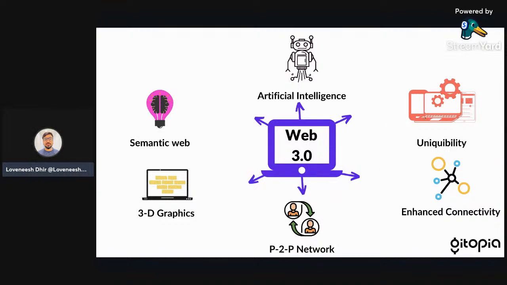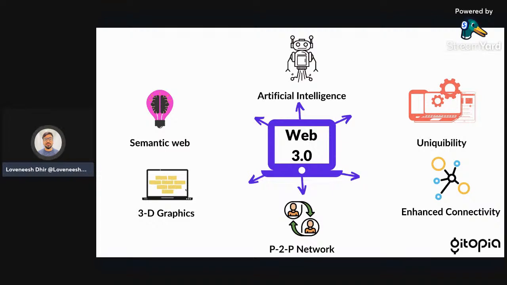So the second thing is Web3 is unique. So basically every device that will be connected to our networks, the content can be accessible by various applications. So there is enhanced connectivity in the case of Web3. So Web3 uses semantic metadata to provide users a better connectivity. Apart from that, we have already discussed that Web3 works on peer-to-peer network. So basically, peer-to-peer network is a decentralized network that dissolves the need of a centralized authority.